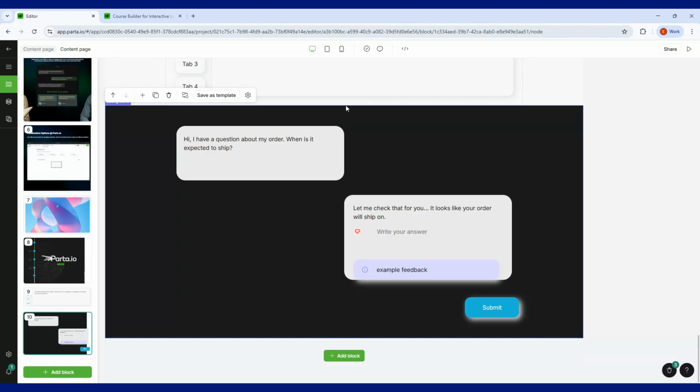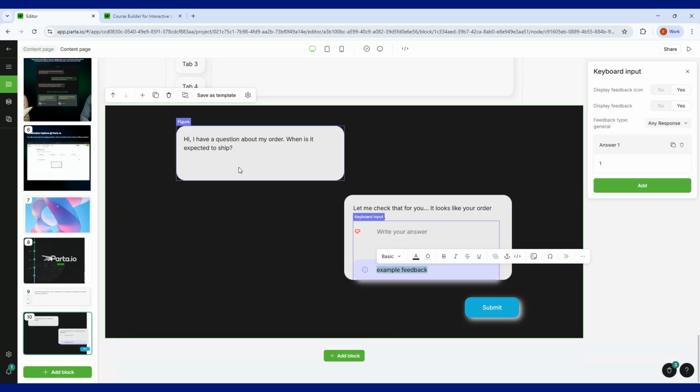So maybe first up here, you might have a question that says, a customer needs to know about their order. When do you think is an appropriate timescale to ship in? And they might click 1 to 2 weeks, 2 to 3 weeks, or whatever. And then they might be prompted to go, okay, you've chosen 2 to 3 weeks. Type your answer into the conversation box here. And then they'd get an example customer response that would say maybe 2 to 3 weeks, that's way too long, blah, blah. And then they might be prompted to think about how they would deal with the response or write an example response. So I think this as a standalone thing